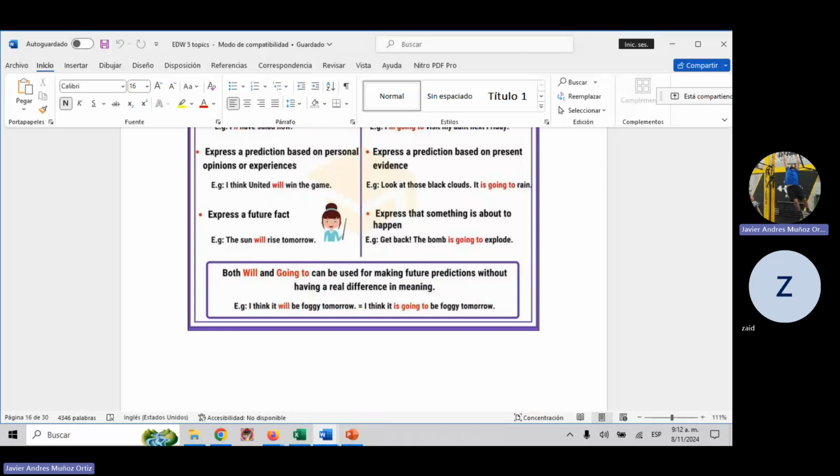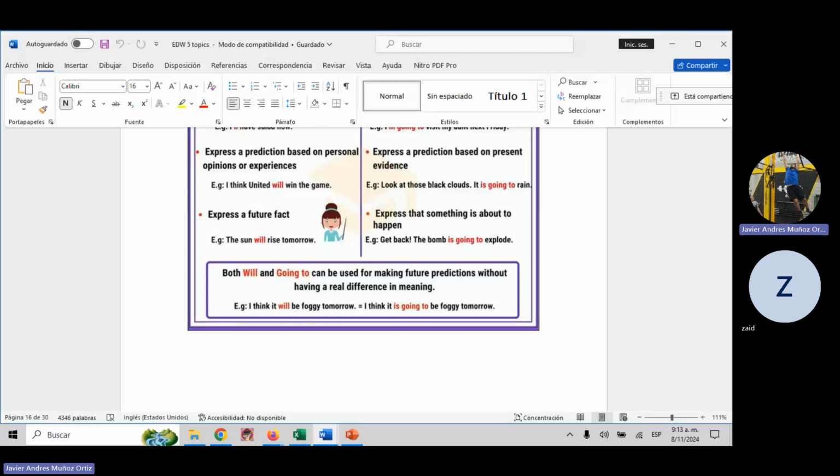Because if we want to be a little relaxed, will and going to can exchange each other, so we can use the first or the other, and the result is going to be pretty much the same. So you don't have to be worried if you need to use will or going to. If you want to be very thorough, I mean, if you want to be very strict with grammar in this case, all right. But if you want to be relaxed, both are correct.